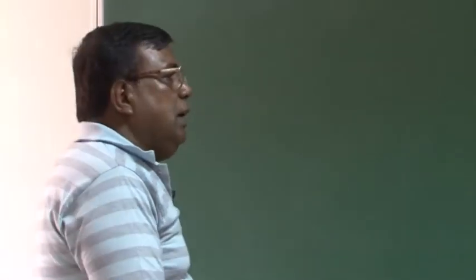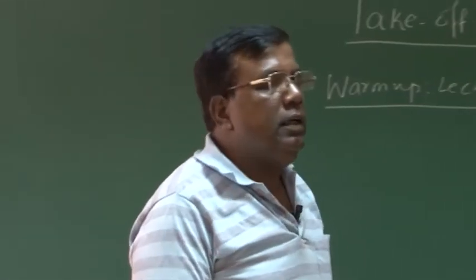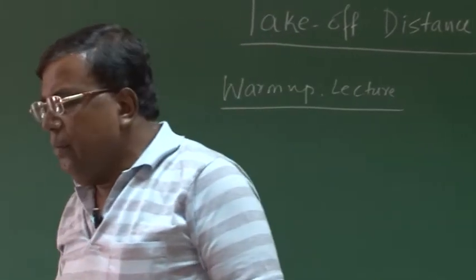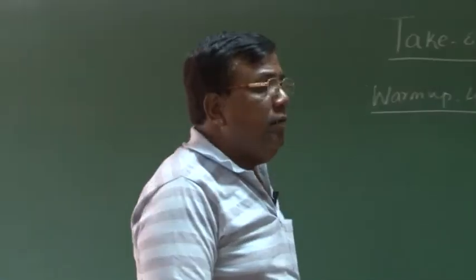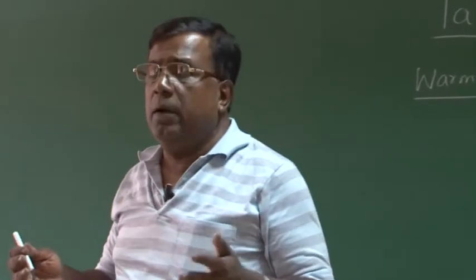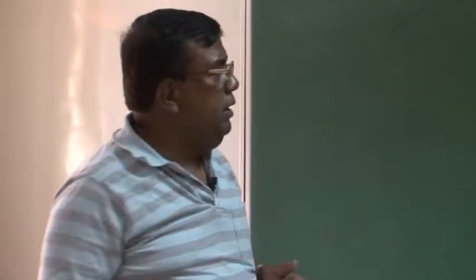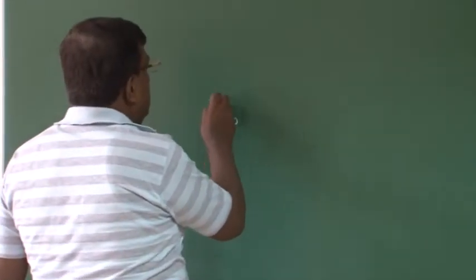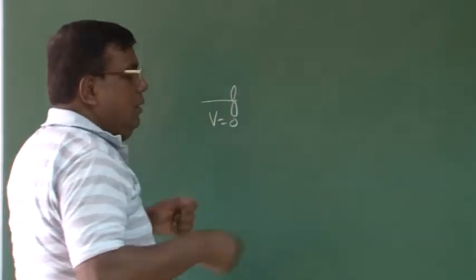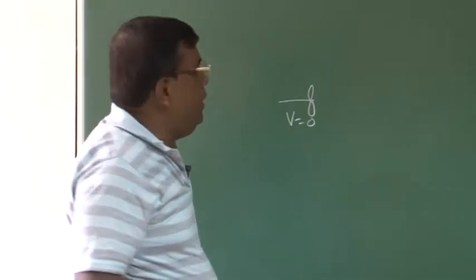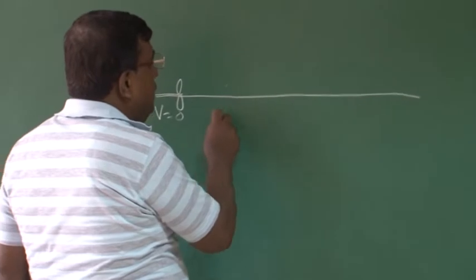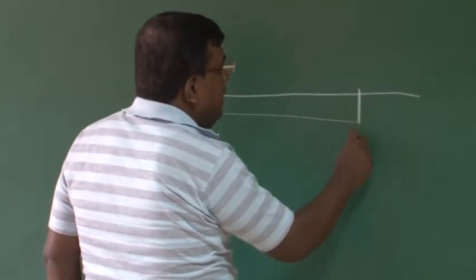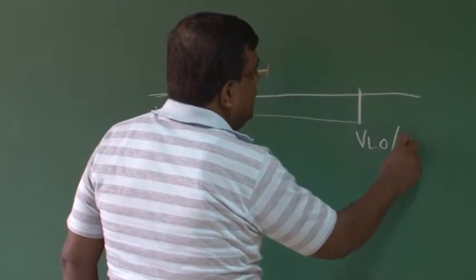But as you understand, if you see the history of aviation, there are plenty of accidents during takeoff and landing. And that is why, if you see an aircraft manual, you will find that for pilot instruction, so many types of speeds are defined. What I mean is, if I am starting from here, v equal to 0, I start the engine, I do the engine check, control check, etc., then I start moving, and the speed will go on increasing to a certain speed I want. I call it v lift off, v take off.